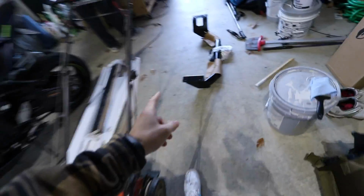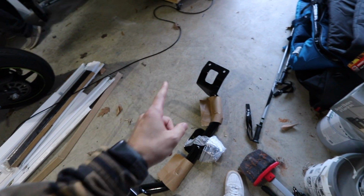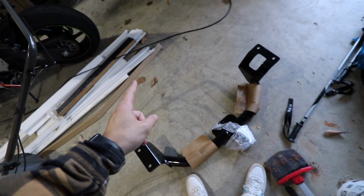Now, this thing isn't the lightest thing on the planet either, but at least we know it'll hold the weight of the trailer somewhat. Place that down right here. Now, from what I've seen, this doesn't seem too complex to install. It's only 4 bolt holes, which I believe attach to the frame, but I'm not positive. But I should probably look it up, because if we screw it into the wrong thing,